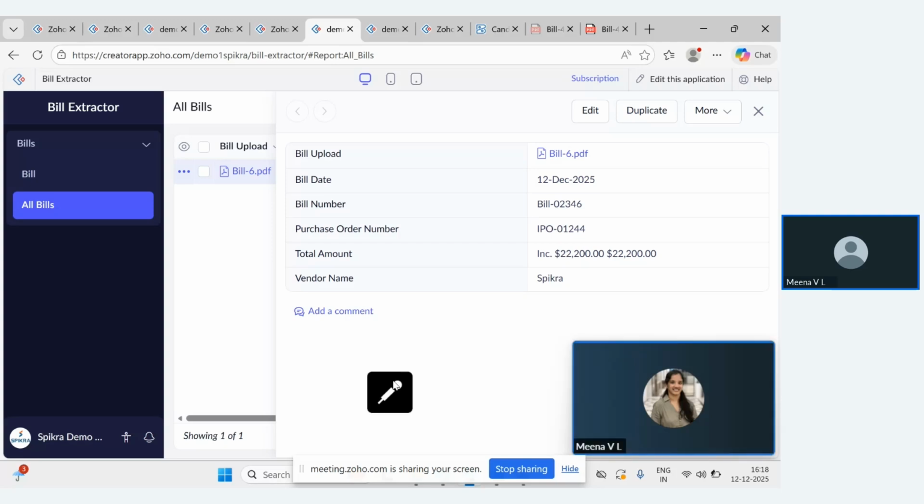Yeah, sorry about that. So this is about the data extractor model, right?